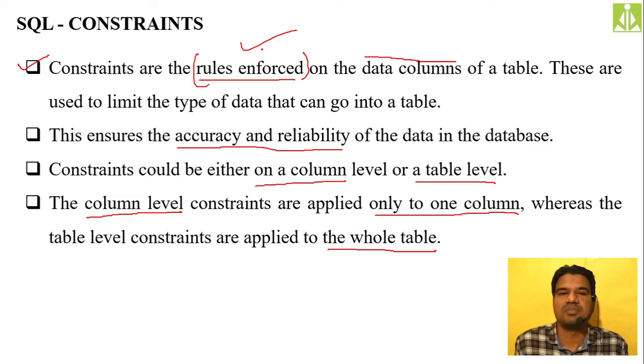And I have given one simple example as well. Just when you are creating a customer table, or a particular table in the database, and you want all the customers to be more than 18 years, simply you can enforce a constraint over there on the age of the customer, so that whenever you try to input an age below 18 years, it will give an error.